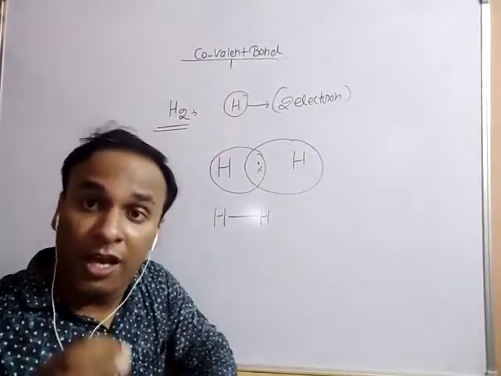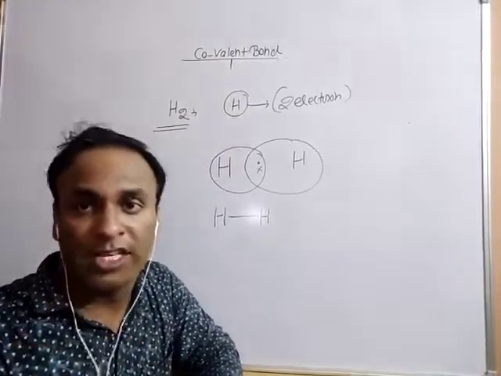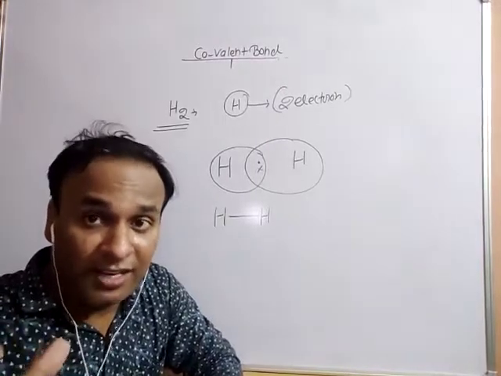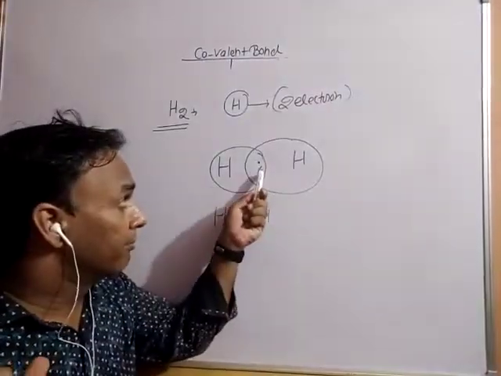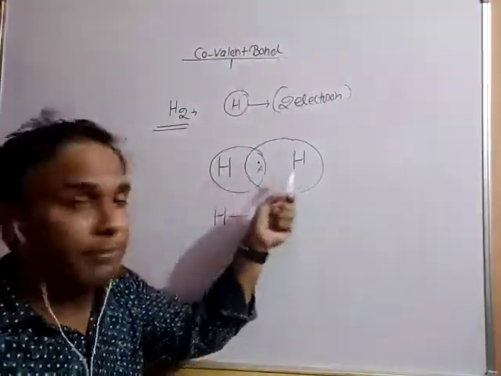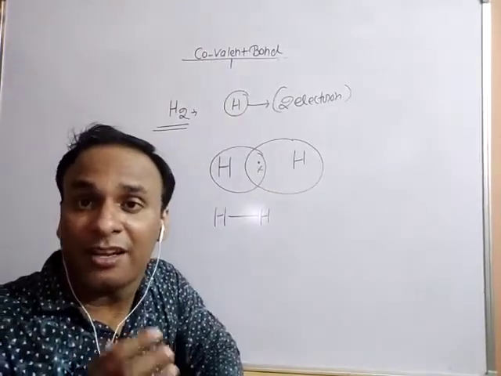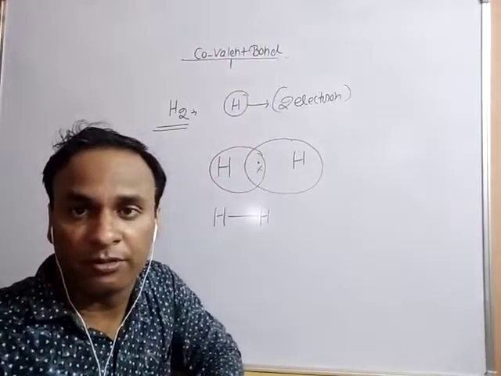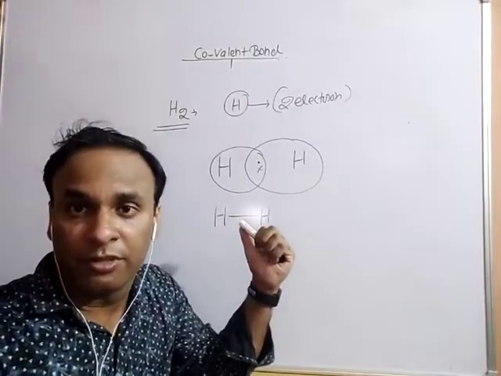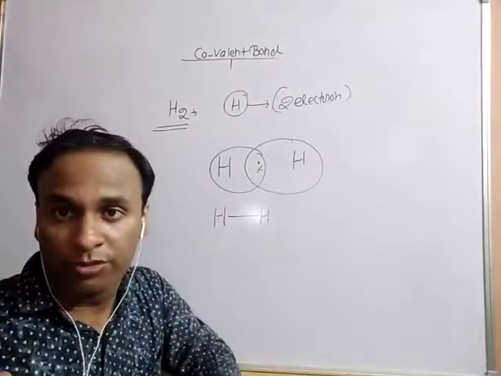Students, ionic bond is formed by metals and non-metals. Covalent bond is formed by non-metals and non-metals. Listen to the exact definition: the mutual sharing of electron pairs between the combining atoms is called a covalent bond. This is the chemical bonding chapter, and it is very important. Make a habit of revising all the bonding and all the chapters. This is very fruitful for your chemistry background.